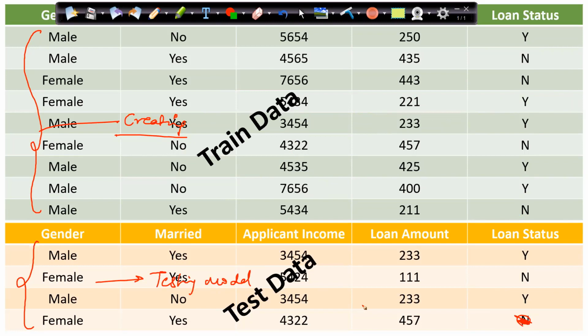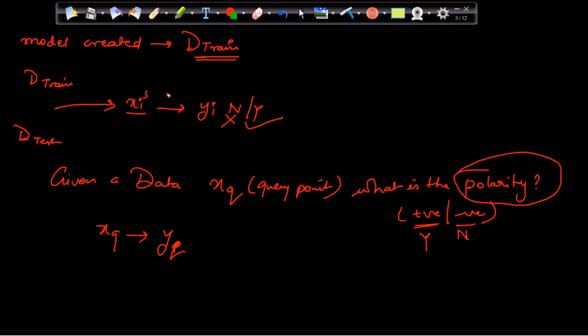My model's task will be to predict the output based on the model which we have created using the trained data. So my aim is that I want to find how well the model is performing. I want to measure how well the model is performing. Right? That is what my task is.